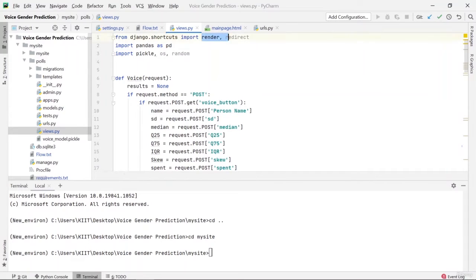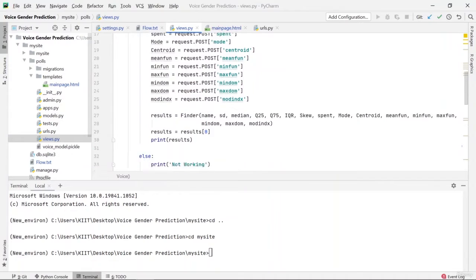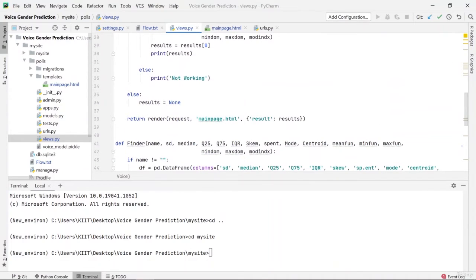So the render function basically renders files or templates, I would say, where templates are HTML files. Okay, you can see that there's a templates folder also which has main page.html, and if you would see the first function that is named voice, in the last you can see there's a render function that I'm returning, with main page.html telling that if this function runs, you have to render the main page.html.